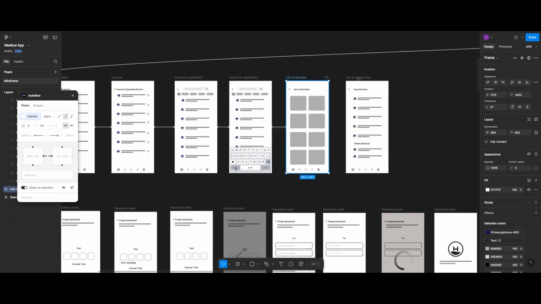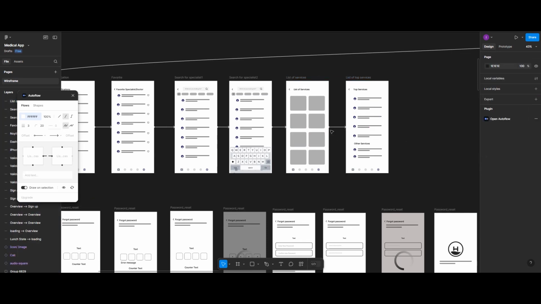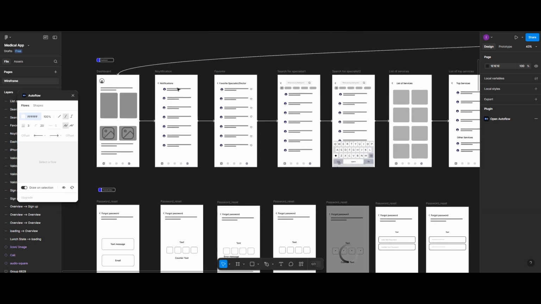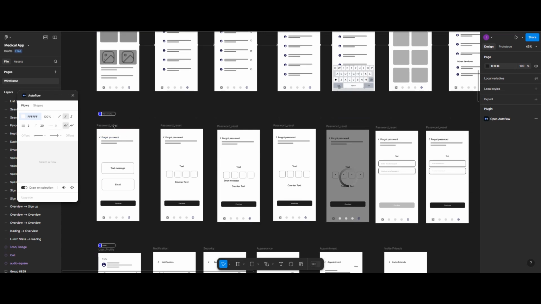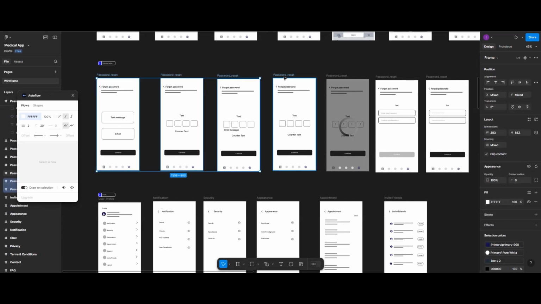And from the list of services to the other top list of services, we also have our connection established, right? So we are done with that as well, isn't it? So from the dashboard here, let's say the user wants to set up their password, we have those password screens here as well. So before that, let's select the password screens all together by holding down your shift key